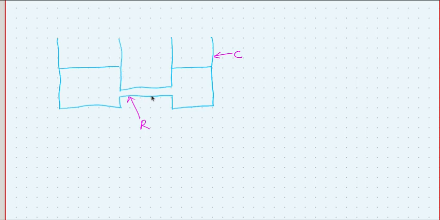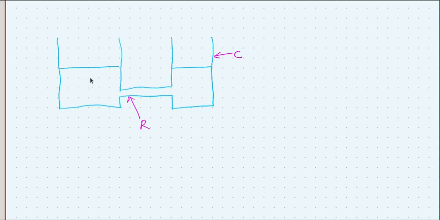So, this is our experimental setup, which we are very much aware of, which we have been using since many days. So here we have two tanks connected with a pipeline, and the thickness or width of the pipeline decides how much resistance it provides to the flow of water. The narrower the pipe, the higher will be resistance. The wider the pipe, the lower will be the resistance. And the size of the tank will decide how much water capacity it can have.